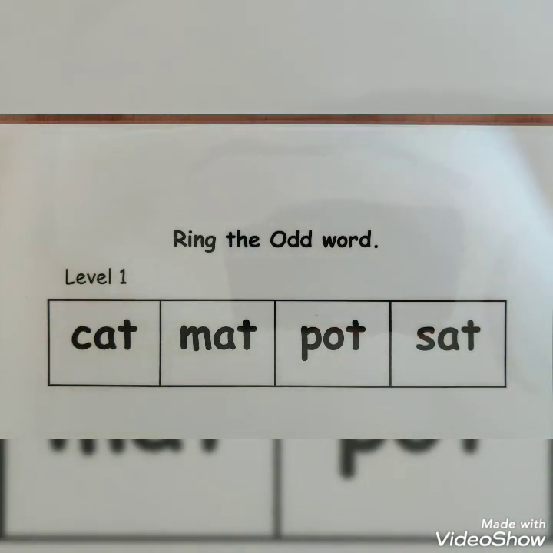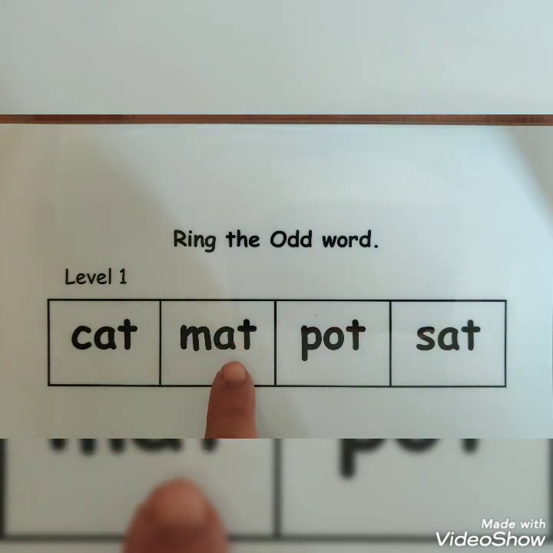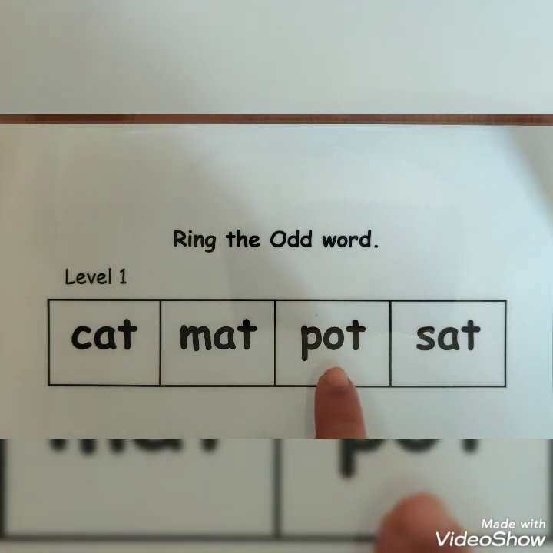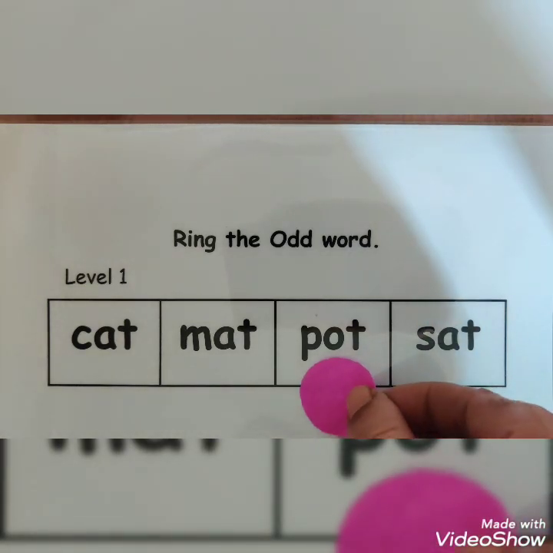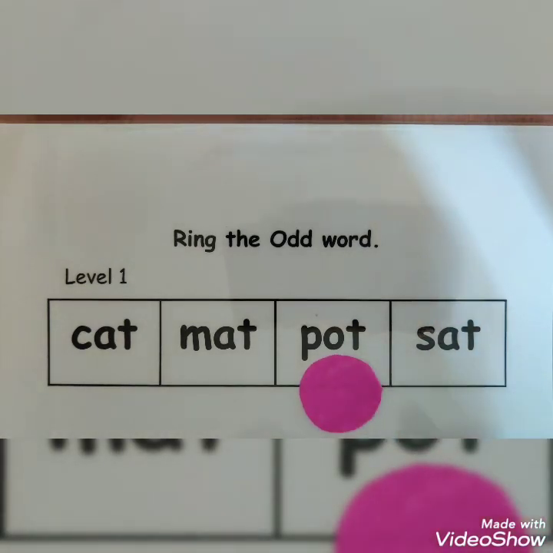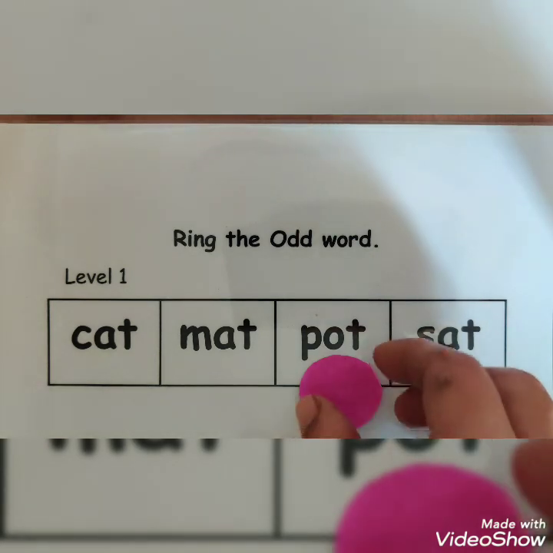And the child will say, okay, I think cat is the -at family. This is also the -at family, at. This is pot, which doesn't come in the -at family, but let me see the next one. Sat, yes, this comes in the -at family. So then the child will say, this is the odd one out, and either place a counter or a sticker,